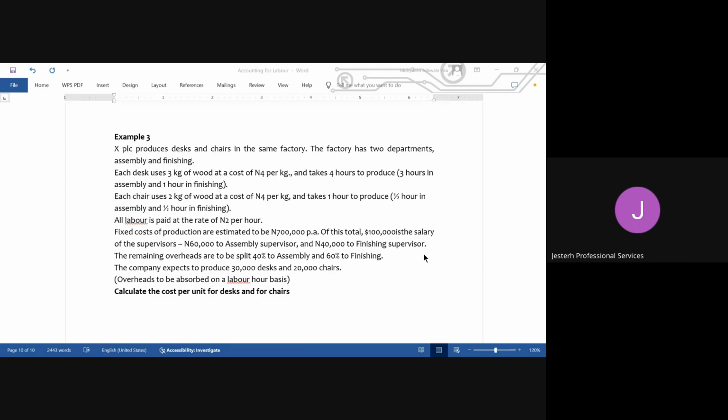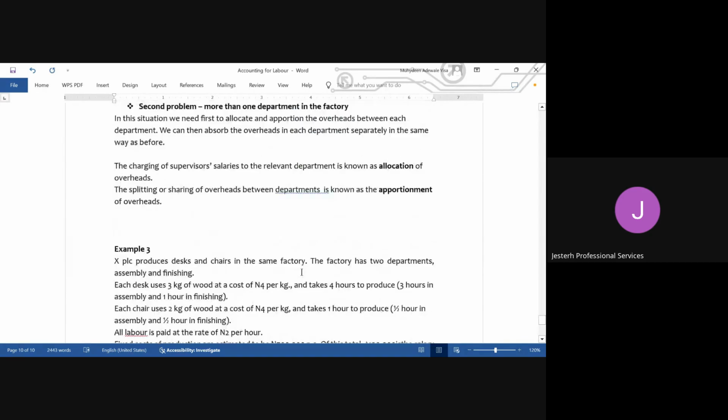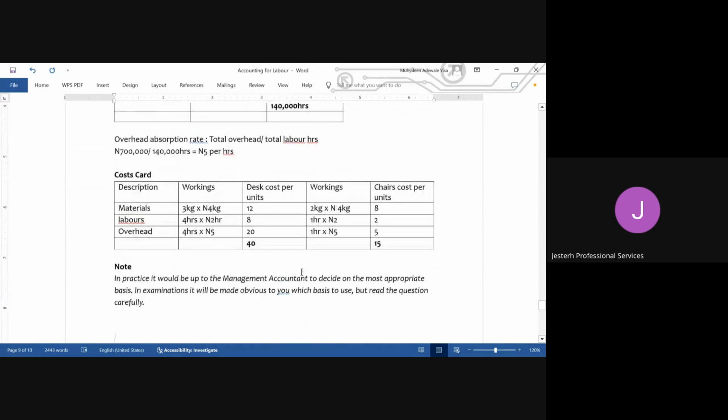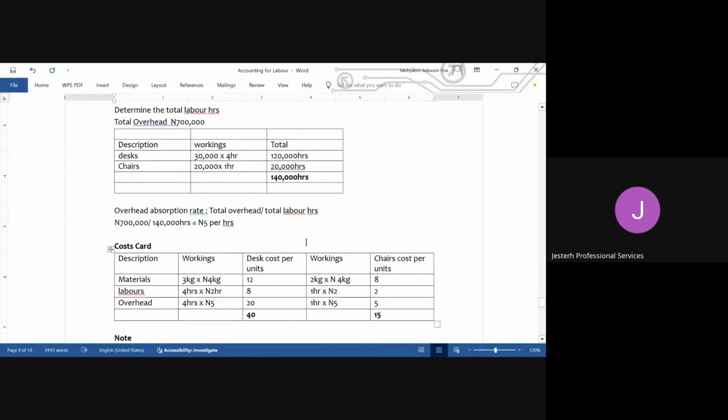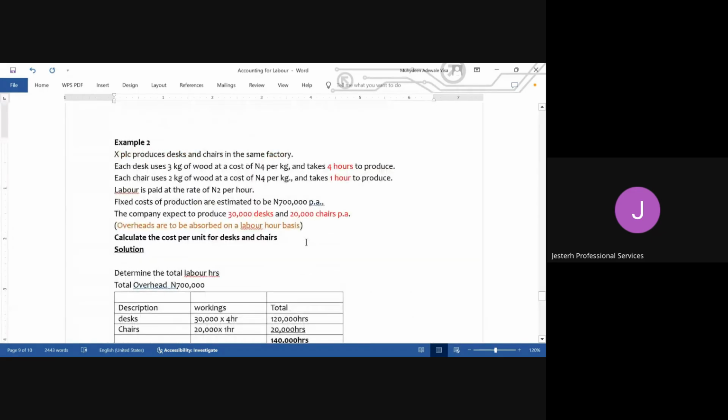Then I can just decide to open the floor to just answer the questions. Now we're able to talk about 2 different approaches. The first approach is when they have only one product, and the second approach is when they have more than one product. Now, can someone just tell me